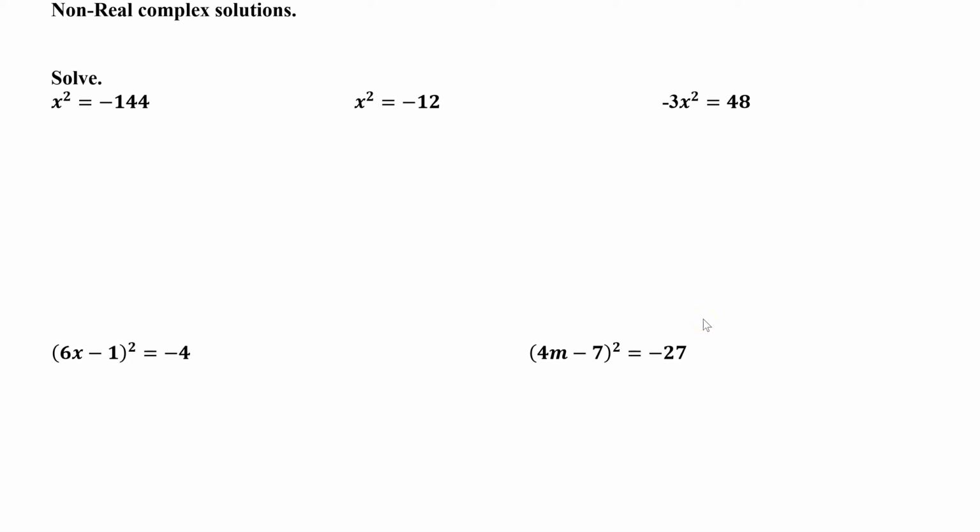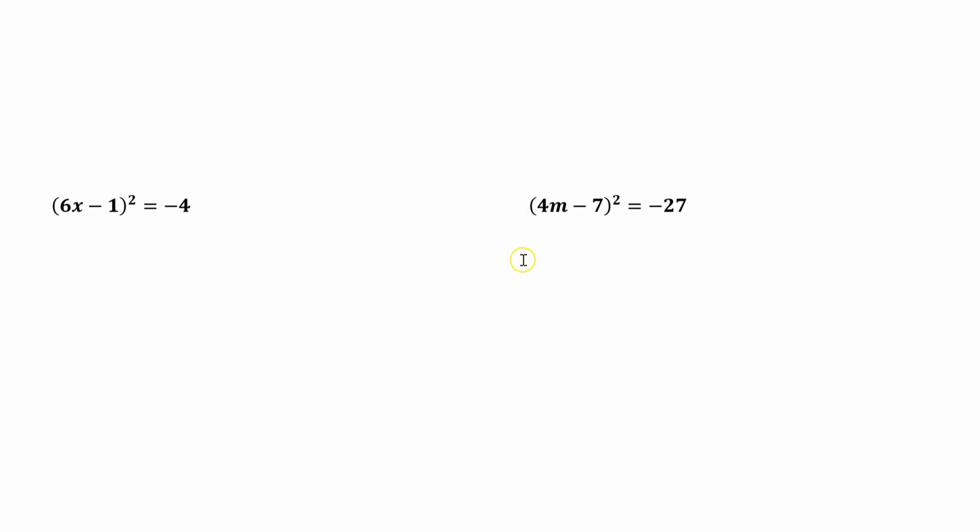So these are non-real complex solutions, which means we're going to be getting imaginary numbers for our answer. So we have two types here. We're going to be solving ones with one visible x. You want to look at it as if you were a 5-year-old, and you see this, if you were asked as a 5-year-old, how many x's do you see? You would say 1. We already know there's a square there, but you would see 1, and you'd see 1,